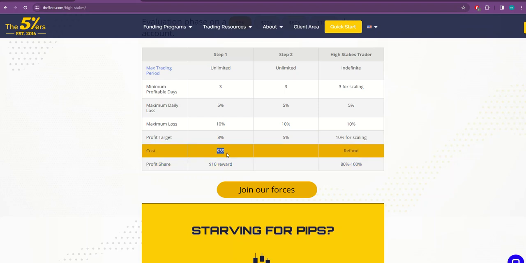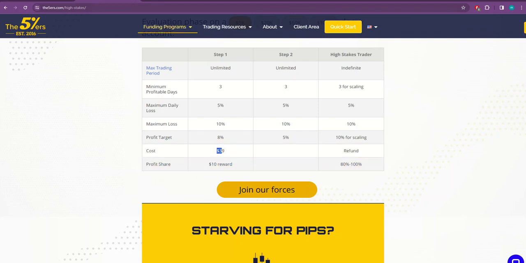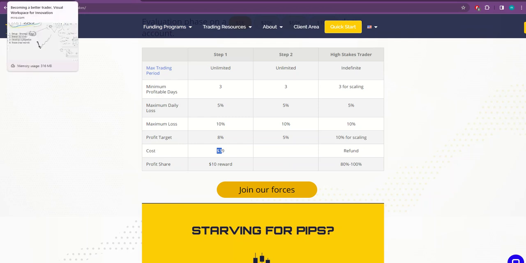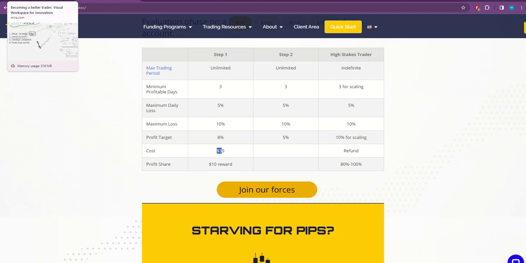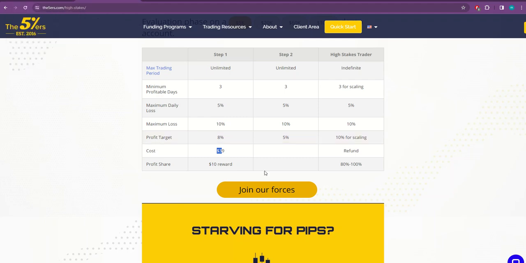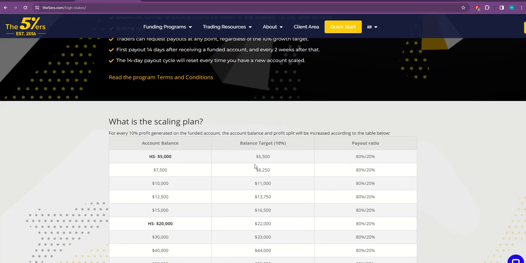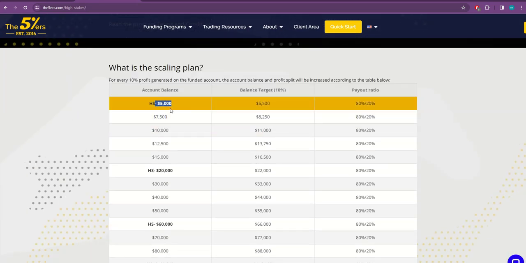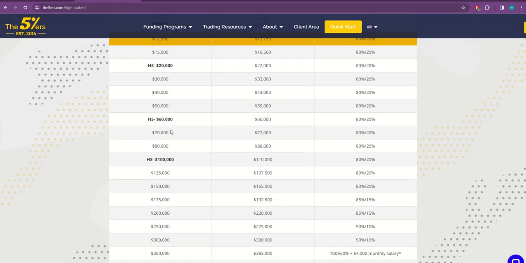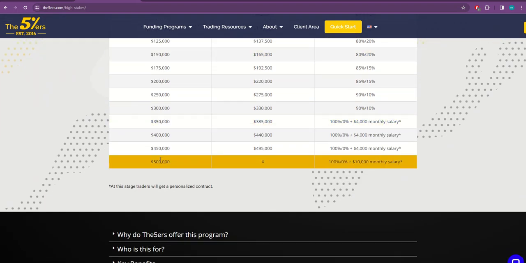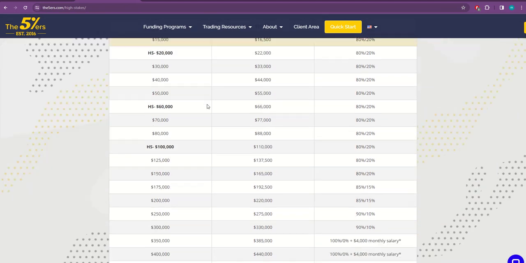So you can really see that this will help you, because with $500 you have a lot of capital to play around with. You can test yourself, you can test different lot sizes, you can do this and that, which will actually help you with forward testing. And one thing I love with this, guys, is that you can start with this one, and for every 10% you make, they increase your account size. You can upscale all the way to the point where you get $500,000 and a fixed monthly salary of $10,000. That is something good, but it's going to take time, of course. But this is why I like them.